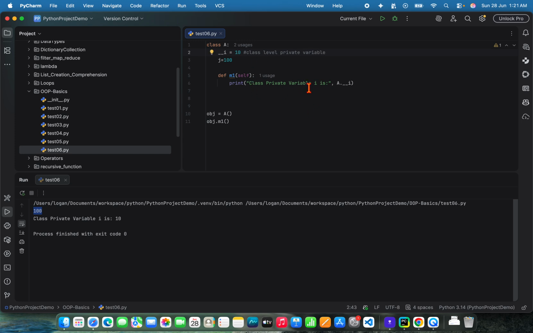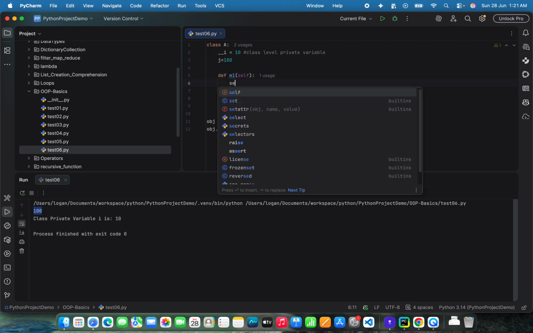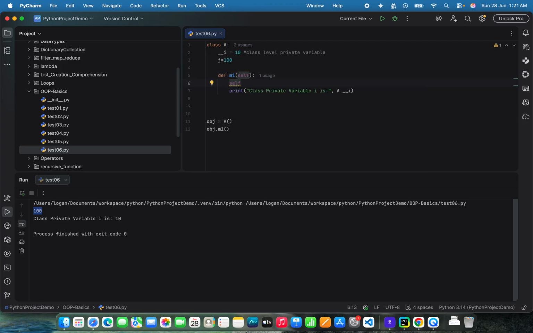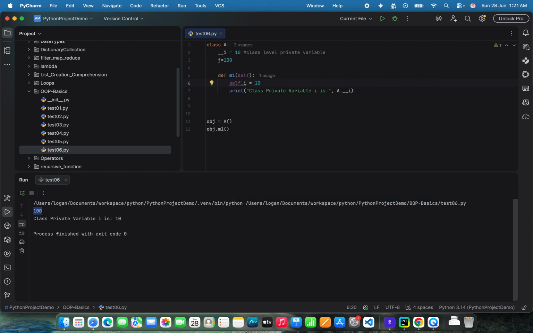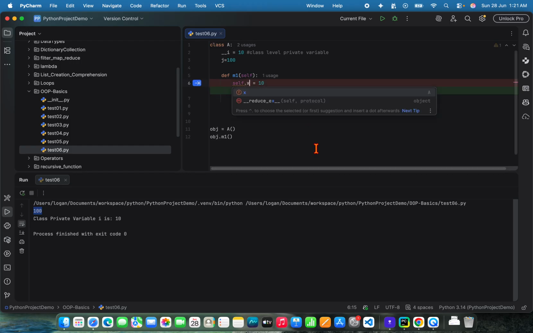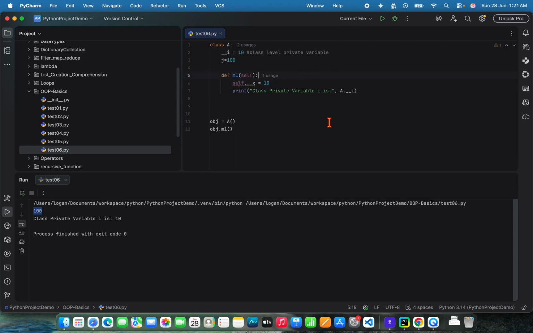Next, you are going to see method level private variable. So you already know method level variables can be created like this. self.i is equal to 10. Let me change the name of the variable here. x, we'll keep x for this. Okay, self dot double underscore x is equal to 10. Now I'll print